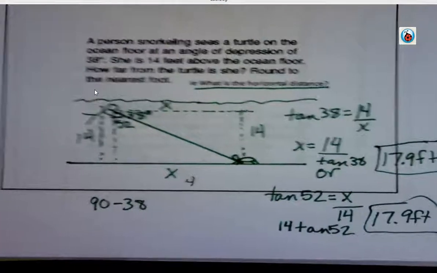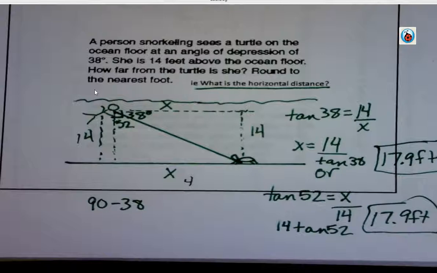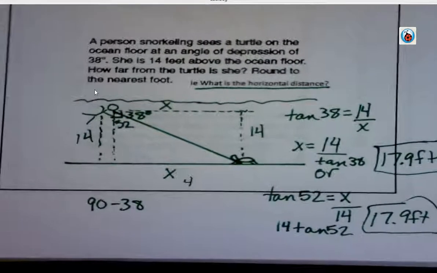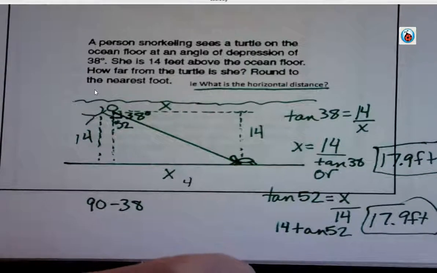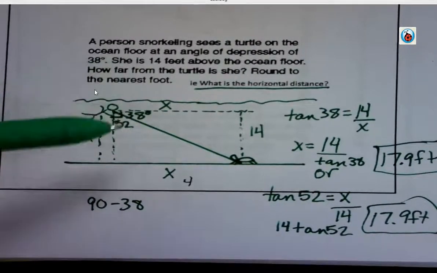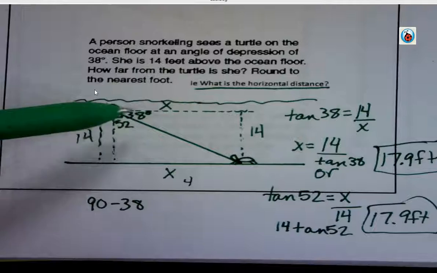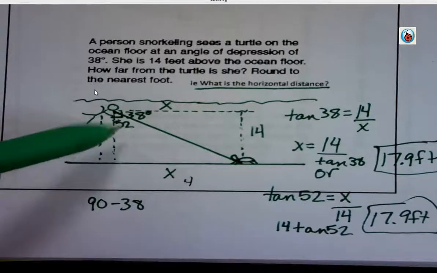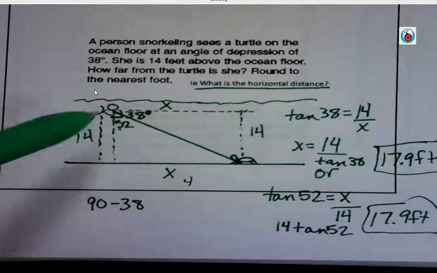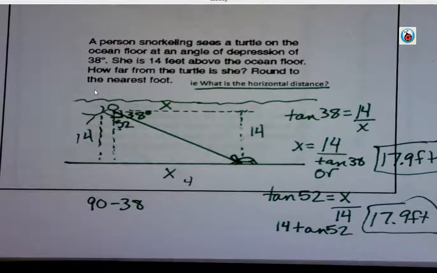So there's two ways to approach this problem. You just have to pick one, whichever way you feel more comfortable with. But you will get the exact same answer with either one of those. All right? Just make sure you realize that this is the angle of depression up here. This is not. This is a completely different angle. That's 52 degrees. That's not 38. So if you put 38 there, you will get the wrong answer. Just make sure you pay attention to that. All right. Moving on to the last